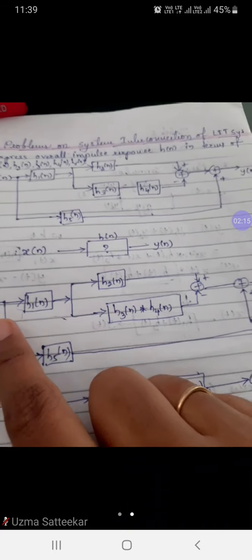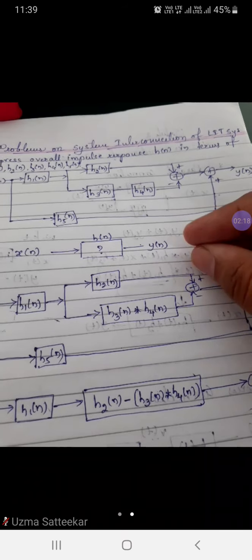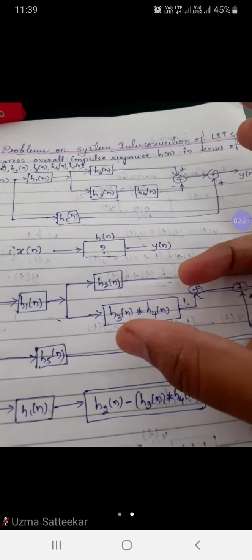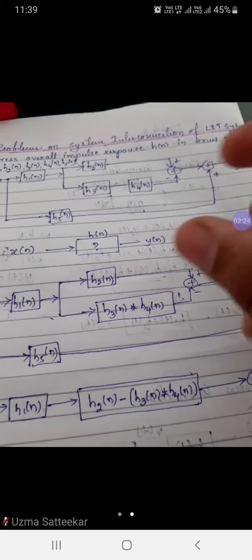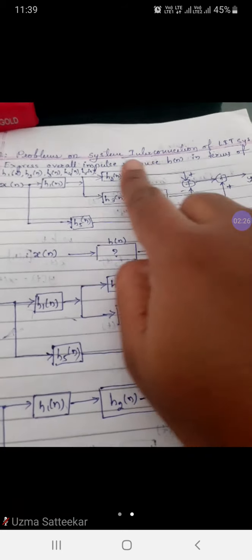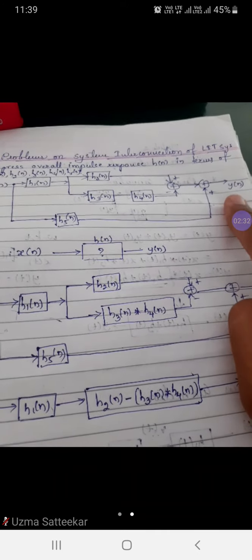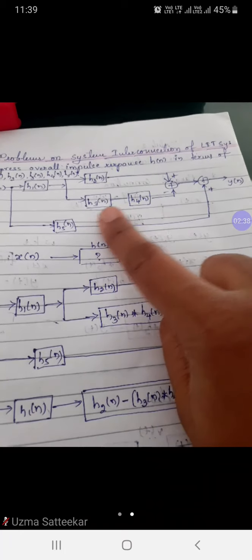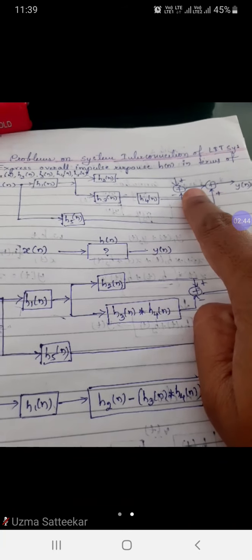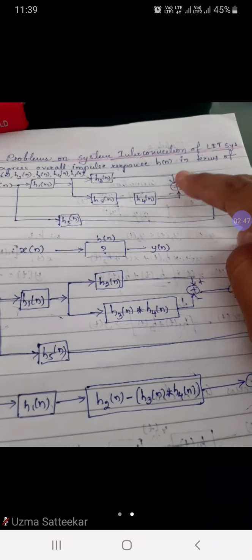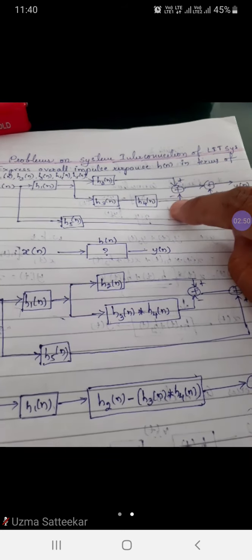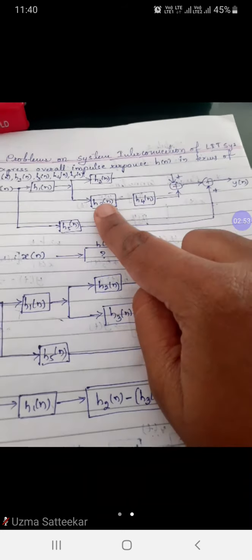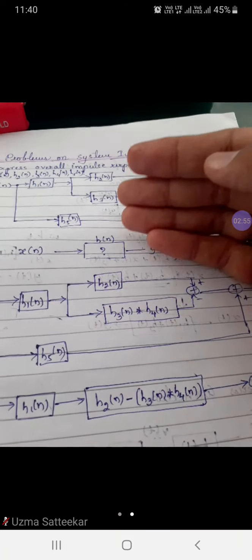This is the input x. Always remember, even in mathematics, if many brackets are given to you, you start solving the brackets from the inside first. So when this block is given to you, this is the left end, this is the right end, and always try to start with the innermost part. Don't directly jump to the outermost. The outermost has a summer with these two, inside it you have one more summer wherein this is subtracted from this, and then inside. So always try to solve it from the innermost.